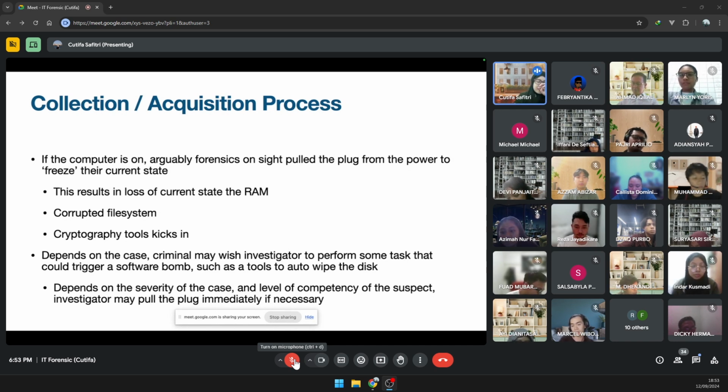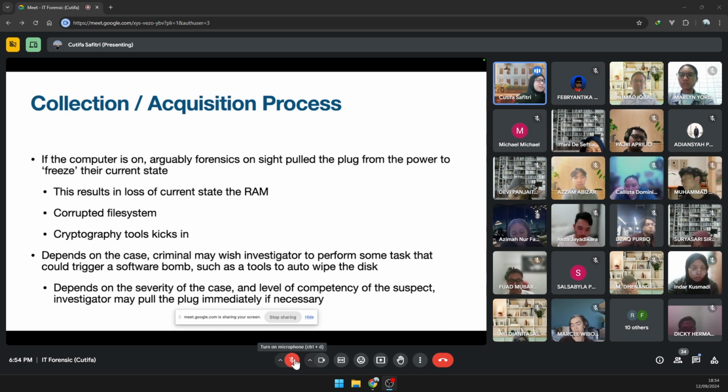This is actually still a debate. Some would say preserve it while it is still on, like a simple alt-tab could help. You might also want to quickly check the memory in the task manager. So say, for example, just click on the memory quickly, take a picture and then shut down, which would also help.